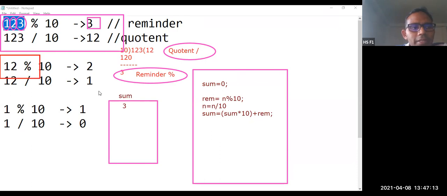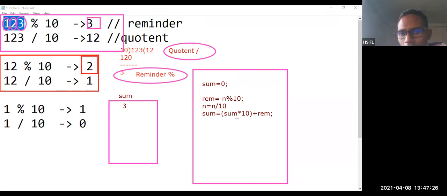What is the next iteration? n % 10 equals 2. You're getting 2. 12 divided by 10, you're going to get 1. Now the quotient is 1, the remainder is 2. So sum is equal to sum into 10.